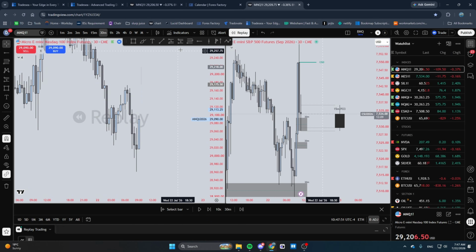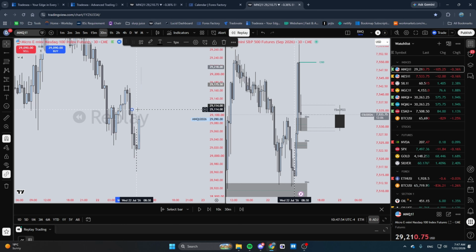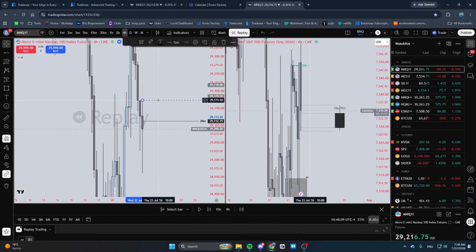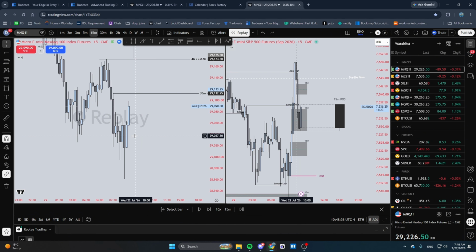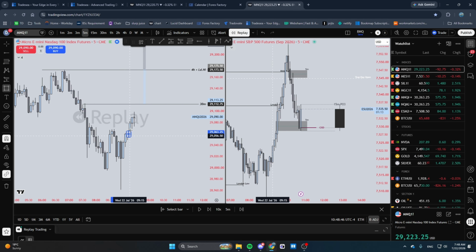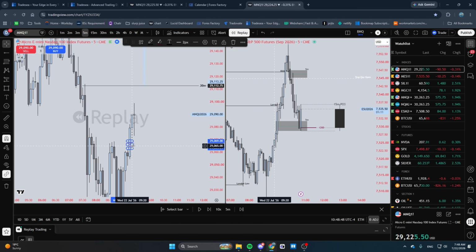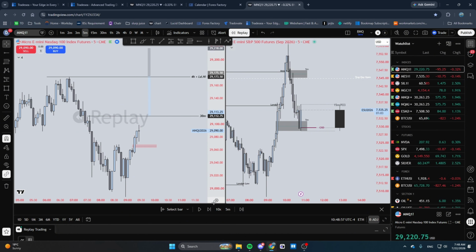And what did we have just before 9:30? Well, we had this 30-minute fair value gap as well as this 4-hour intermediate high, which is also the London high. However, we actually had no PD arrays to manipulate into, apart from this 5-minute fair value gap, which was actually sponsored by the 4-hour. And let's see what market open did.